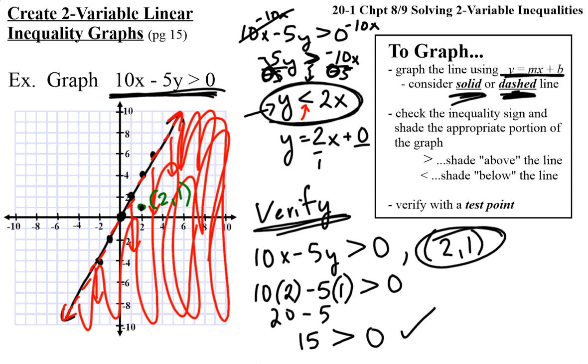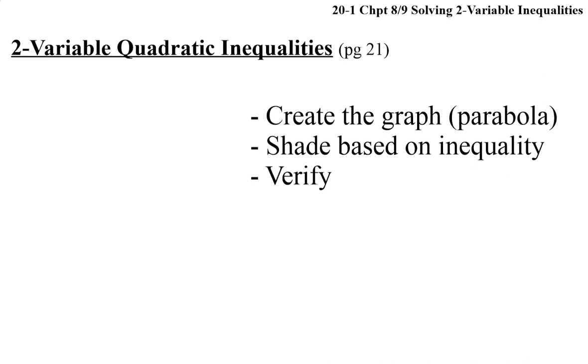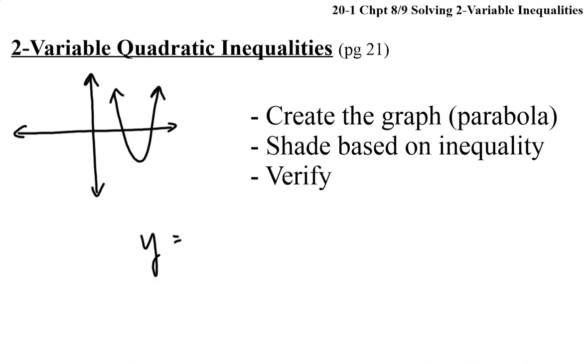2 variable linear inequalities. All right, so now skip to page 21. We aren't going to do anything different when we look at 2 variable quadratic inequalities. I'll be honest with you, it's the exact same process. On our Cartesian grid, we're going to come up with a parabola, and I'm just making this up. It's some parabola. So let's say we have y is equal to ax squared